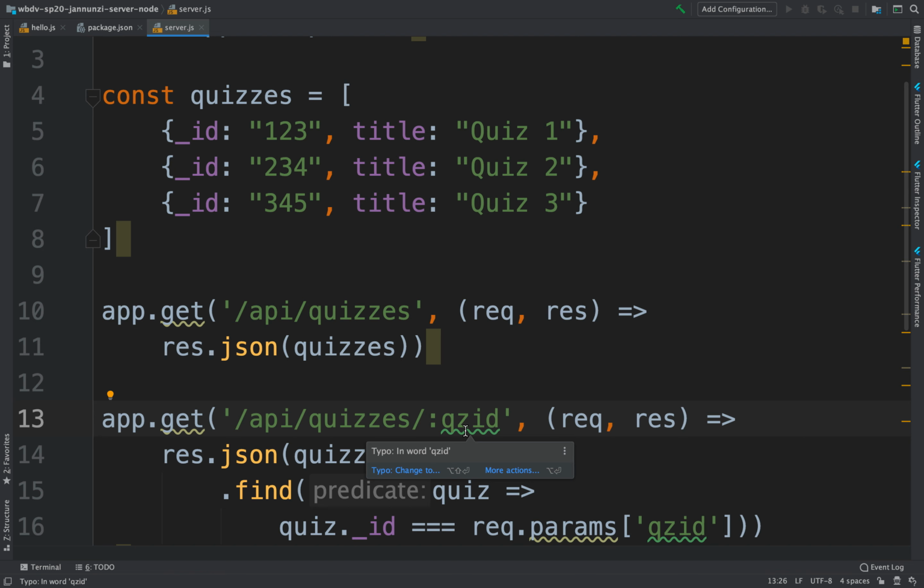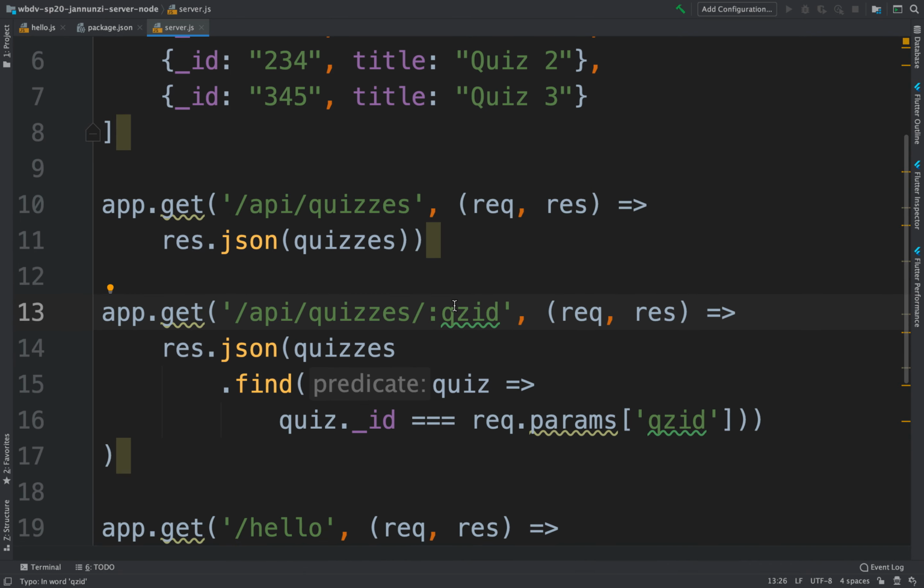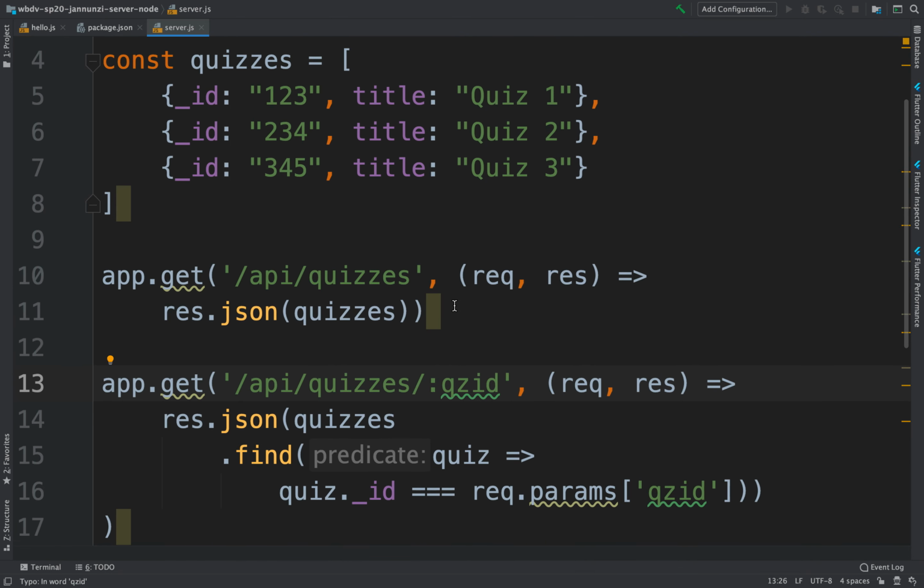So to manage this growing complexity of endpoints, a good practice is to break them up into different files, right? That manage different sections or different sets of URLs to respond to. Since we are dealing with quizzes, I'm going to create another file where I'm going to put all this code. Now, that file is going to be playing the role of a controller, where it is receiving HTTP events,